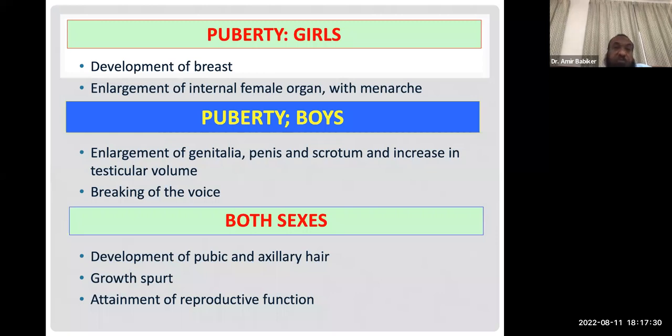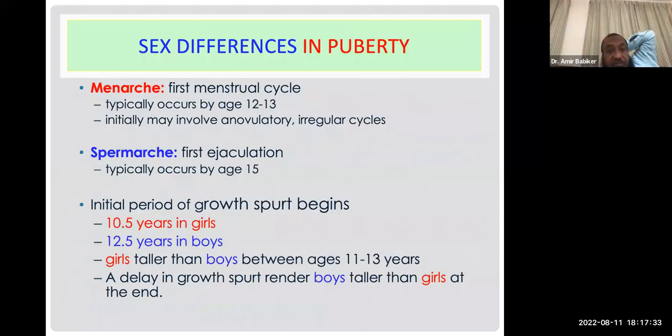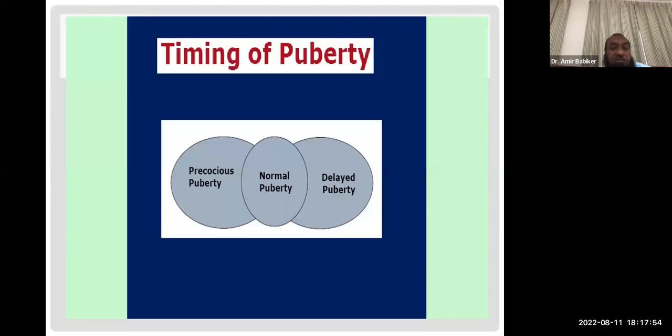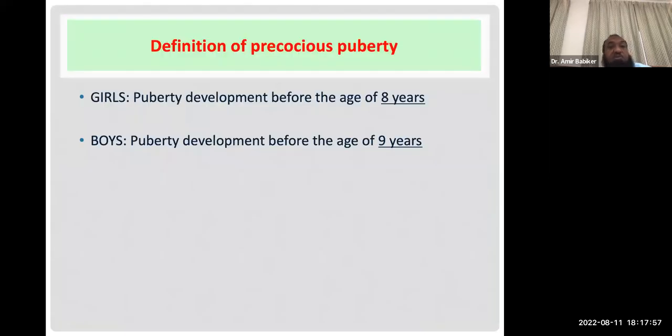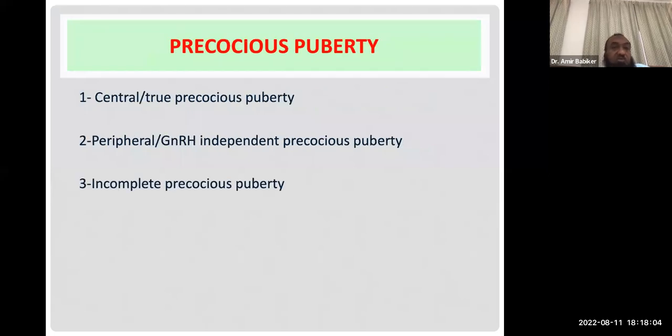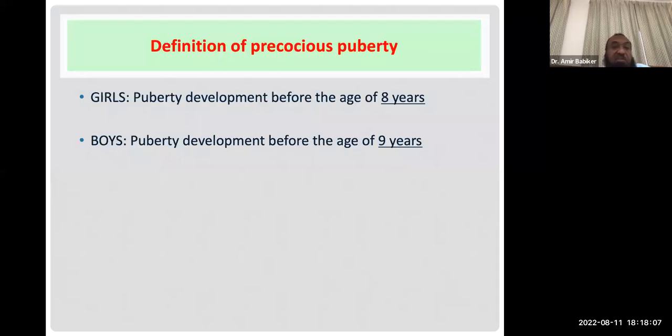Okay? طيب. Sex differences in puberty, المناركي قلنا يعني typically في certain age وقلنا السبيرماركي بيكون delayed. عشان كده growth spurt delayed in boys, that's why they end up taller. طيب الانيشال period of growth spurt whatever دي كلها ما حمشي فيها لأنها this is population dependent. ده الكلام اللي قلته قبل إنه normal puberty delayed ولا precocious. الآن ركزوا معي جدا لأنه حنتكلم عن غير definition of precocious وهنا اللي اتكلمت عنه. ده قلت إنه هو depends على البوبوليشن لكن يعني for your exam المكتوب عندكم مثلا في نيلسون وبتاع 8 years و 9 years. 9 years for boys و 8 years for girls.